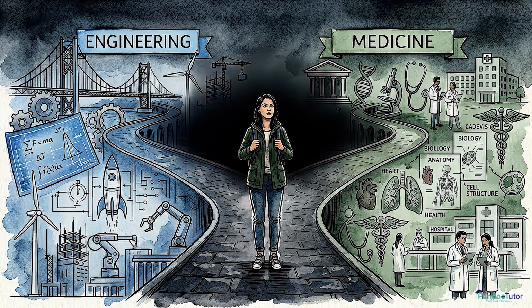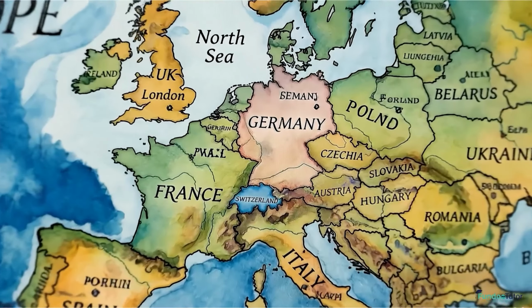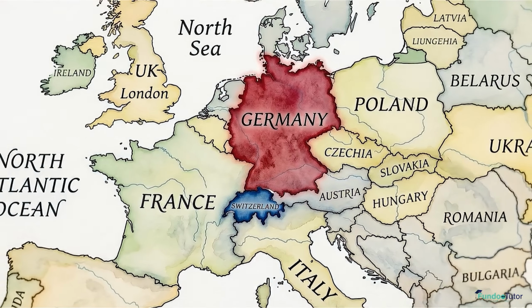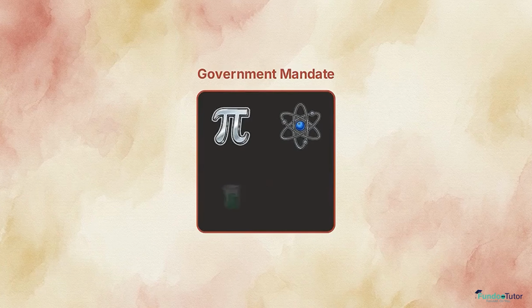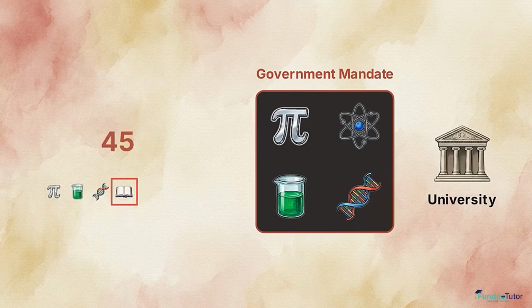Even if you perfectly align your subjects with your intended major, there is another layer of restriction: geography. This map highlights a specific danger for students targeting premier university education in countries like Germany or Switzerland. These nations have inflexible, government-mandated rules for IB recognition. For instance, studying medicine may require a specific mathematics course alongside all 3 physical science subjects. If you fail to select their exact required combination, even a perfect 45-point IB diploma is rendered formally ineligible for